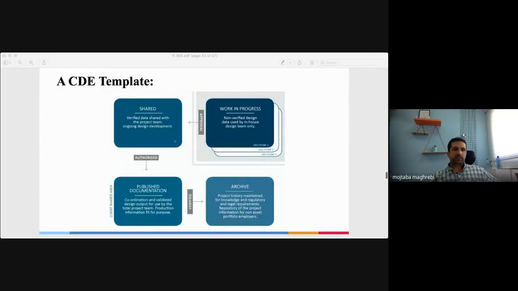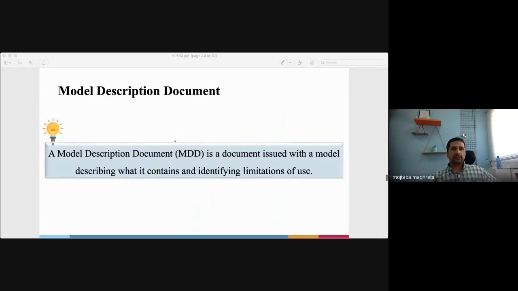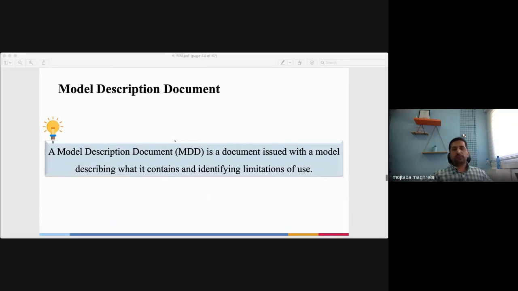Again, let me skip to the slides. Another thing that comes with BIM is the MDD, model description document. It's not common in Iran. I believe that it most likely is not common in the western side of Asia, similar to Iraq. But we don't have an MDD. An MDD is a document that says, okay, if I design your structures, or your building, or your interior, my thoughts come from these principles and end in these drawings.